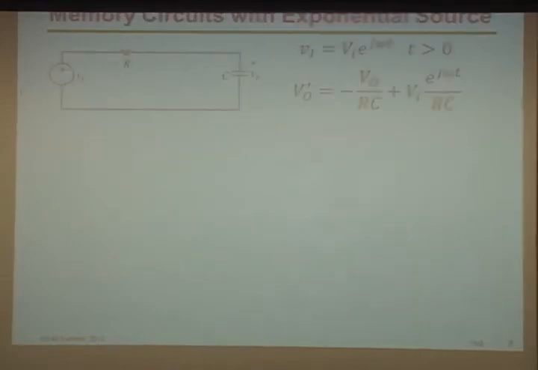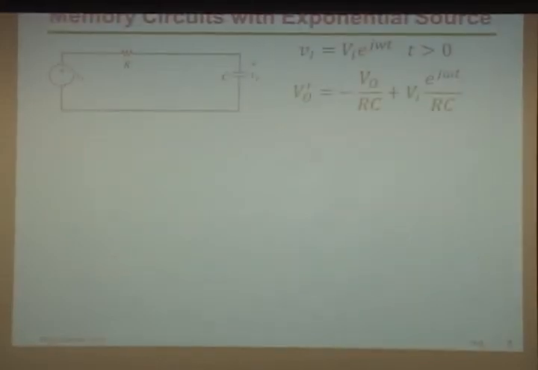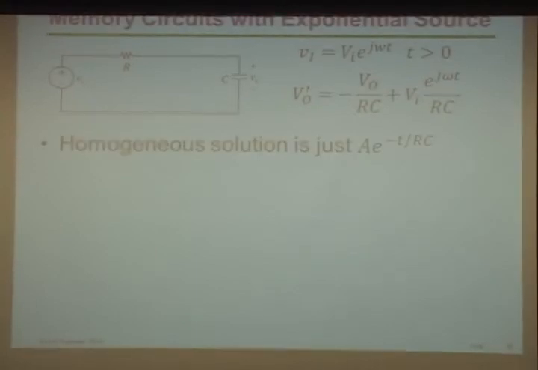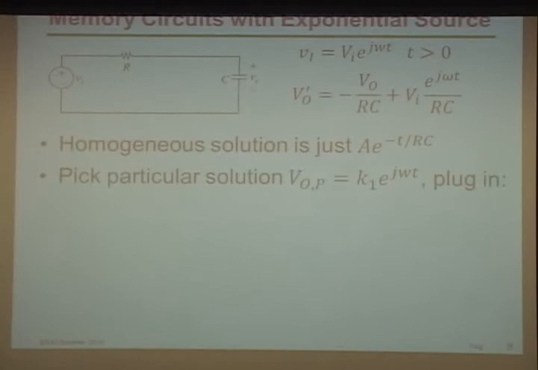We'll go through it once more, but much faster than last time. Again, the homogeneous solution is the same as it ever is: E times e to the minus t over tau. Then we pick a particular solution, this guy. This is for the complex exponential case. At this point, we've already done the replacing with the new source. So we plug in this complex exponential, and all you do